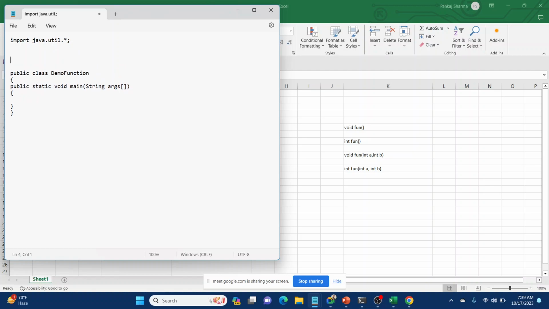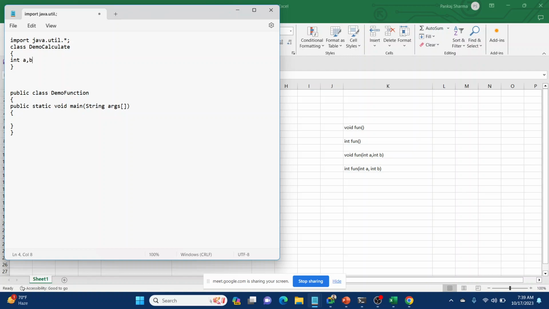Now we will make the class for the calculation. So class DemoCalculate. Now over here we will first make the function with no parameter and no return type.